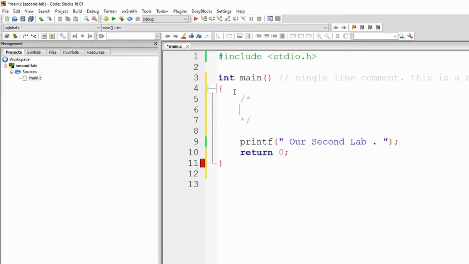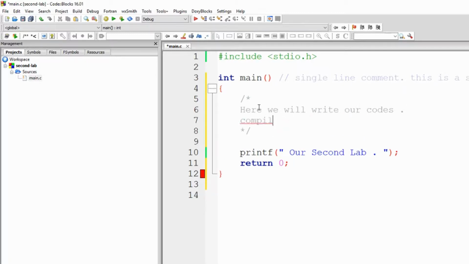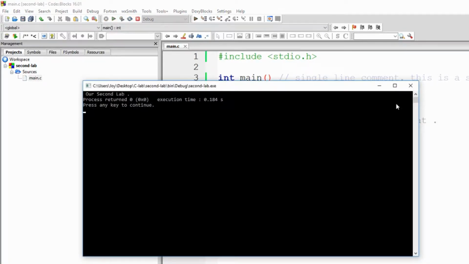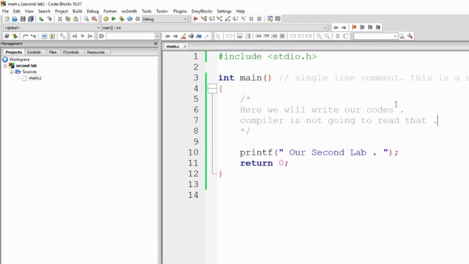Our code's compiler is not going to read or compile that, so it doesn't vary our output, even though we have written many things here. So,